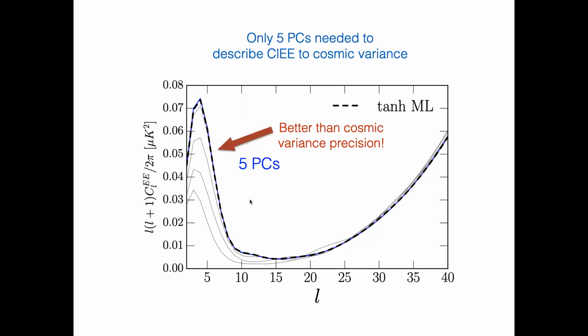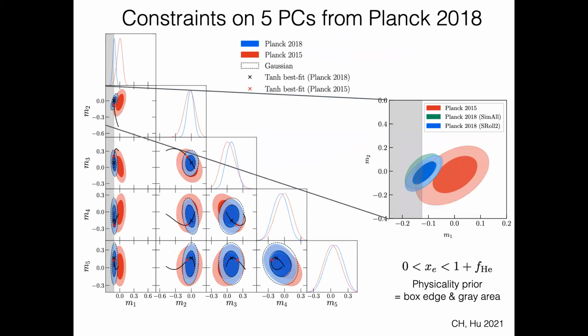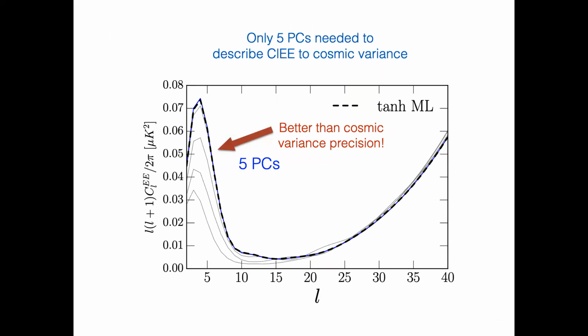Can I interrupt and ask a question? Yeah, please go ahead. I guess you want the reionization fraction to always be positive, right? But the PCs can be negative, so in principle a free fit could maybe allow something unphysical. Do you control for that? Yeah, that's a great point. That's actually my one. Oh, did I not have that slide? Okay, so I will just tell you in person.